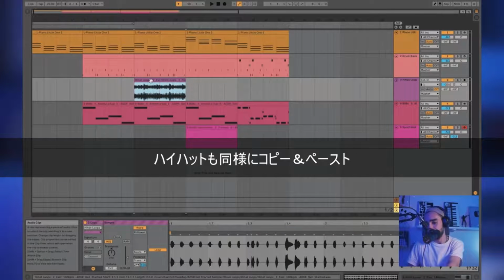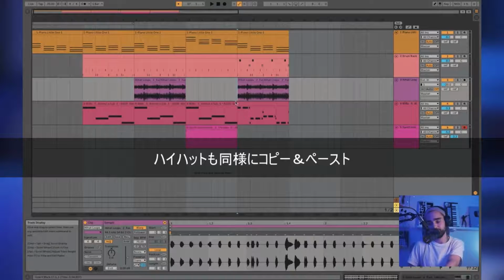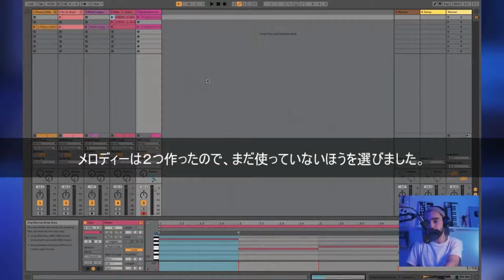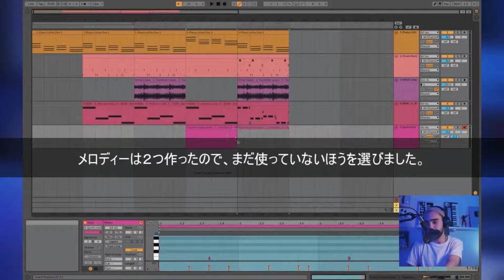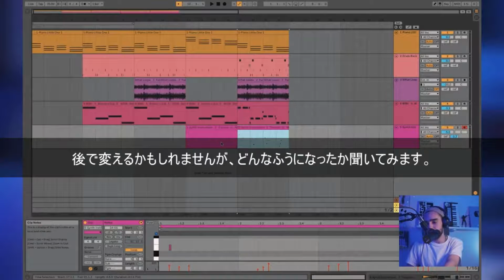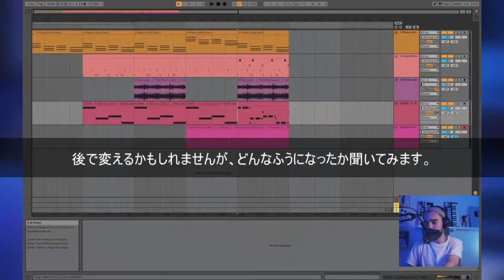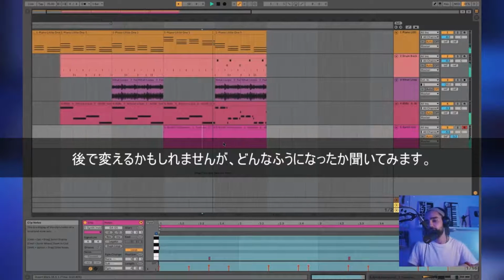Let's copy both of these hi-hat loops, selecting them both, Command C, then Command V. Then, oh, we made two melodies. So since we grabbed this one first, let's grab that second melody. Awesome. I might switch those, but let's see how it sounds. We got more advanced 808s here. So we're going to go from our very simple no kick to